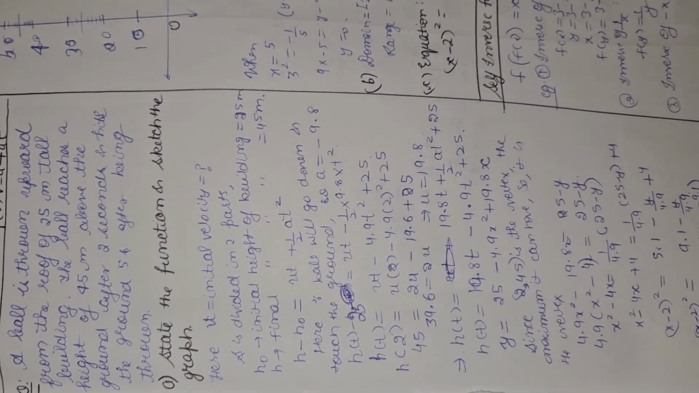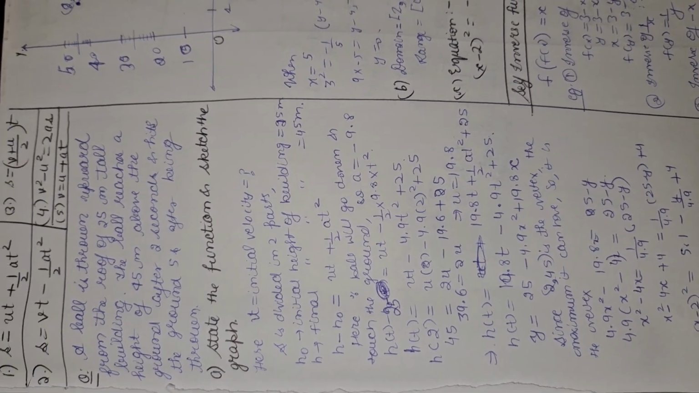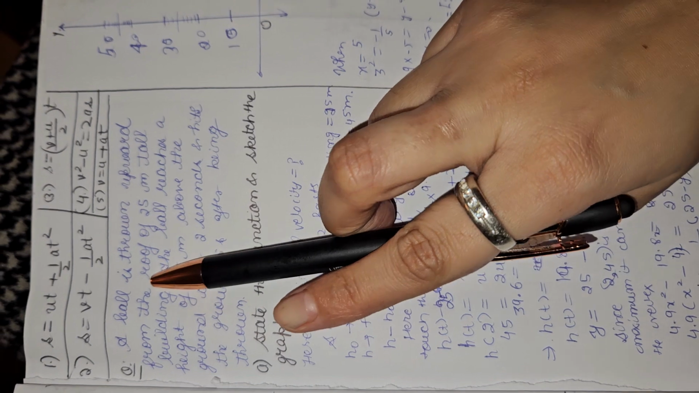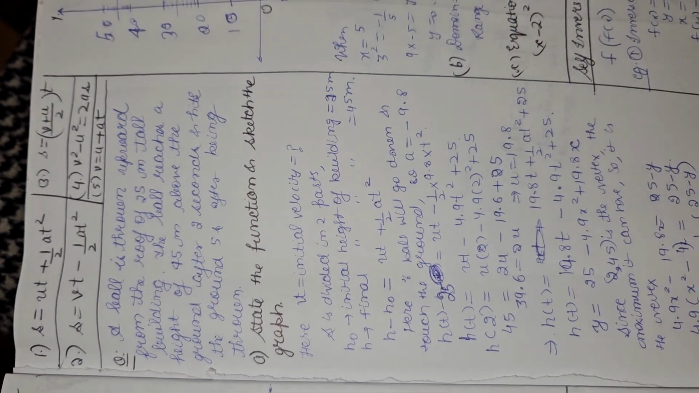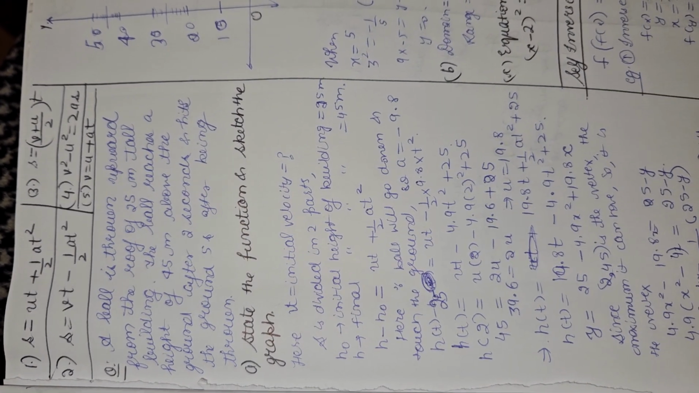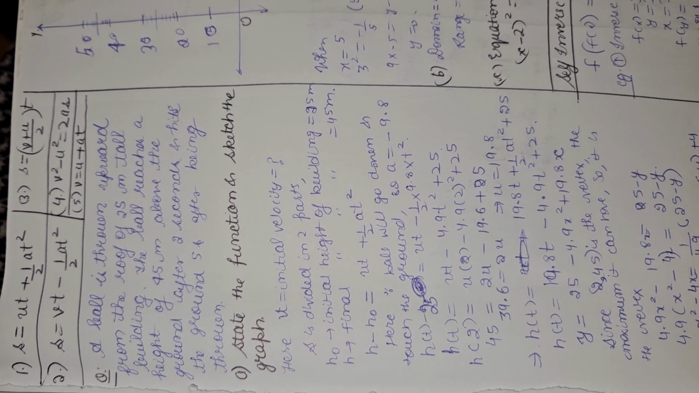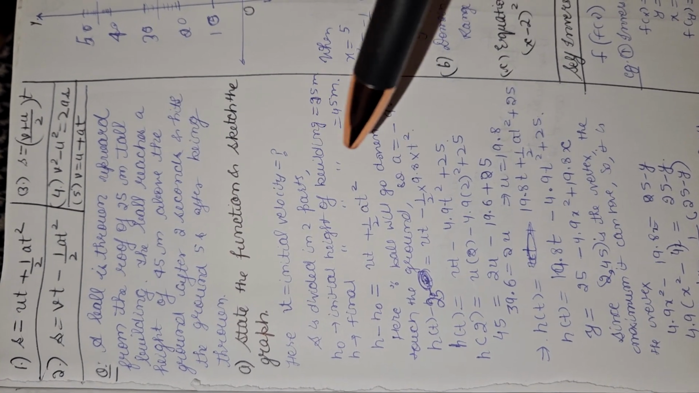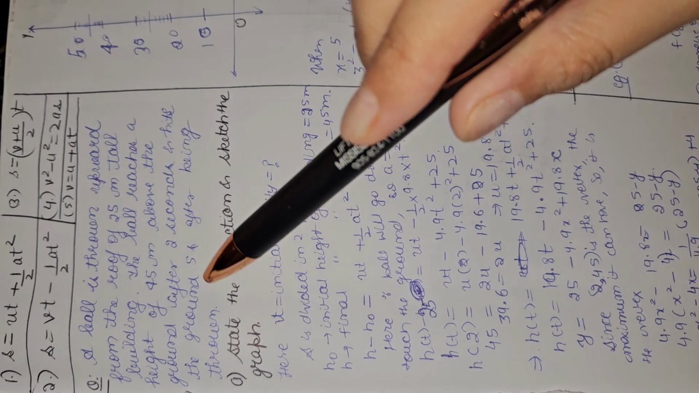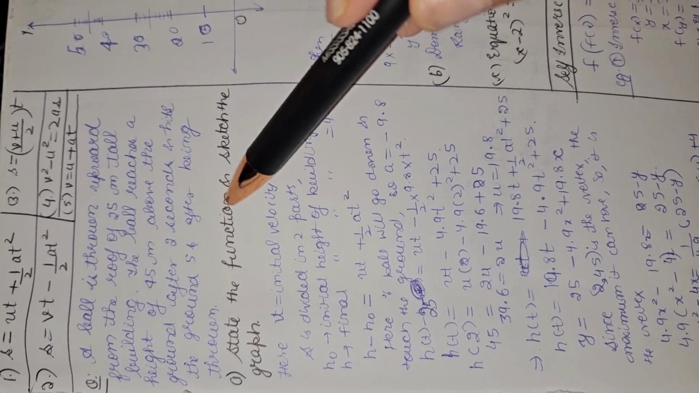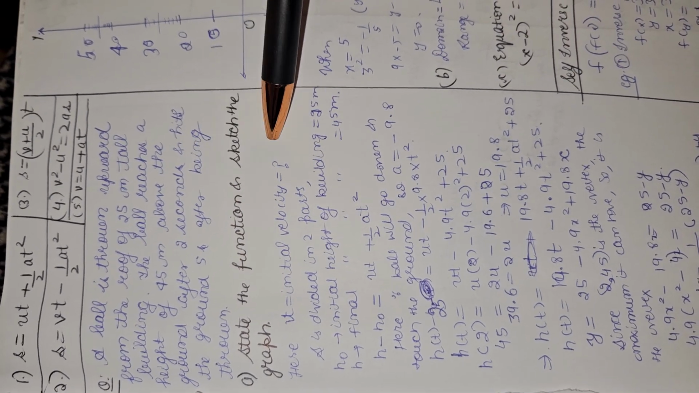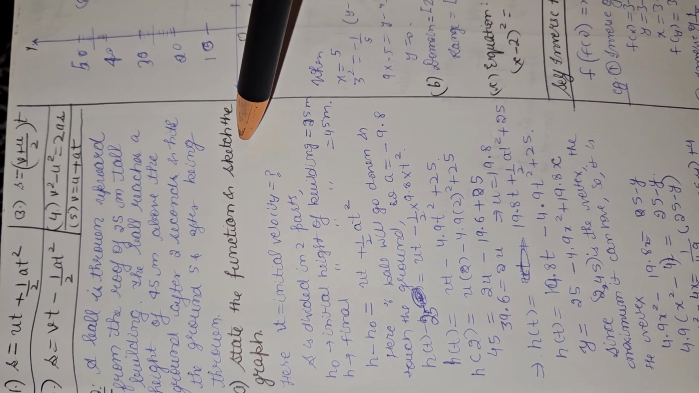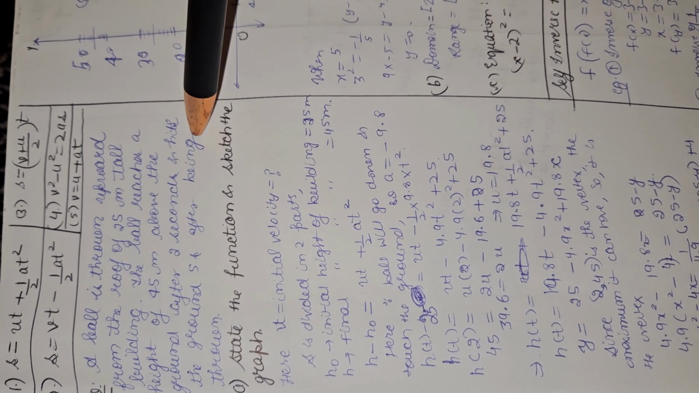Hello. So today we are going to study a question. The question is: a ball is thrown upward from the roof of a 25-meter tall building. The ball reaches a height of 45 meters above the ground after 2 seconds and hits the ground 5 seconds after being thrown. That means suppose a ball is at this point and it is thrown upward from the roof,